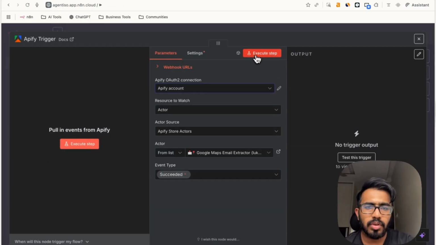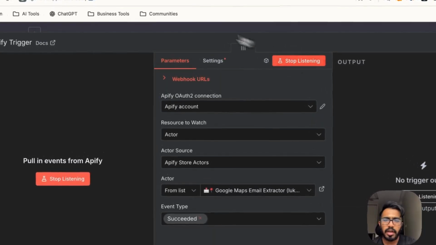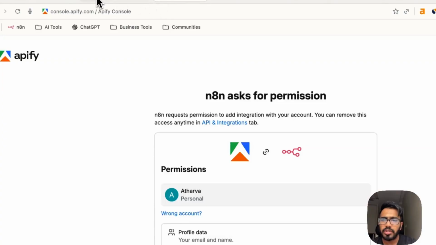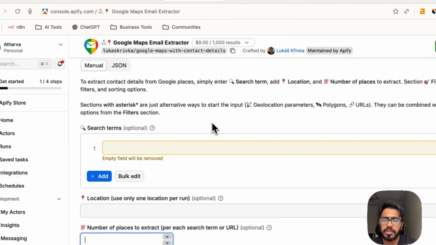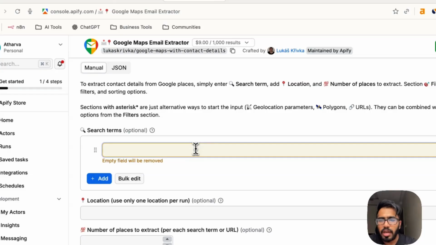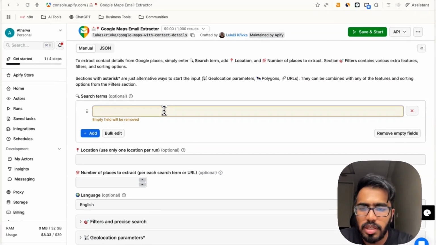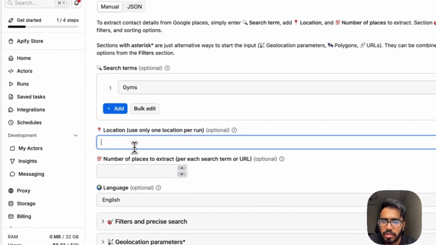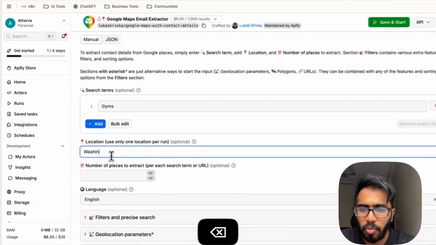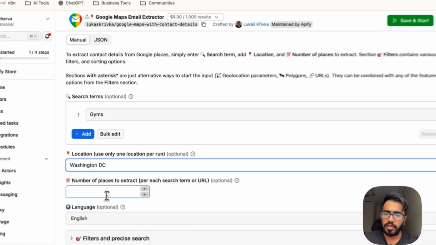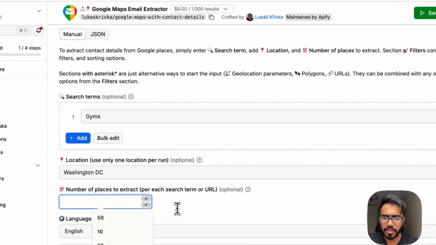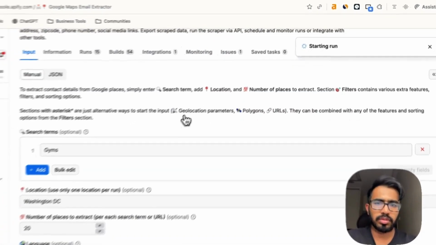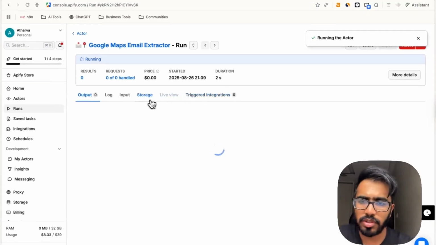Then go and click on execute step, and now this will start listening for the test event. So to initiate the test event, just go to your Google Maps email extractor actor. Okay, and select the business that you want to work with. Let's say you want to work with the gyms in your area, so you can add the keyword here. The location will be, let's say, Washington DC, and the number of leads should be, let's say, 20 for this purpose. You click on save and start, and now the actor has started running the process,